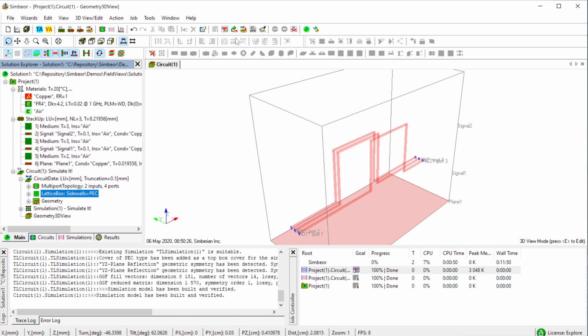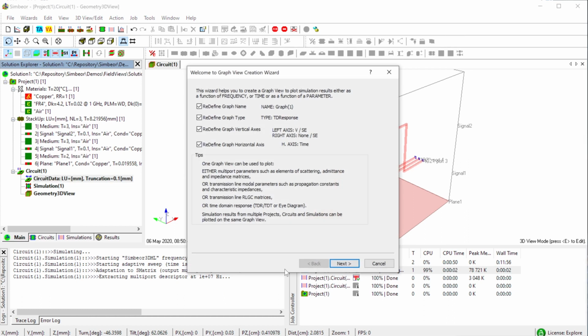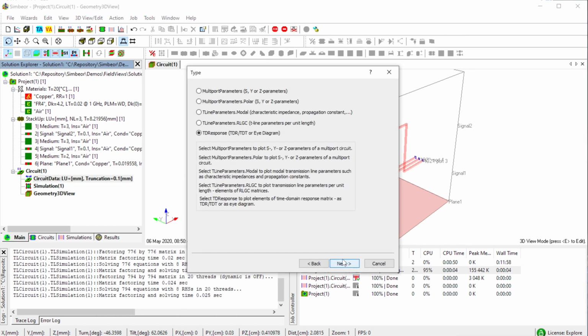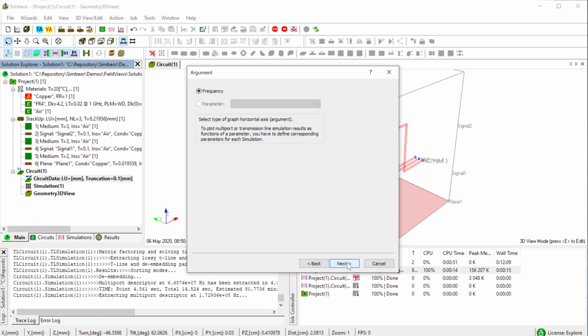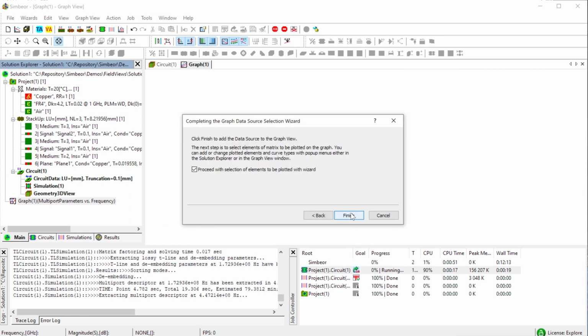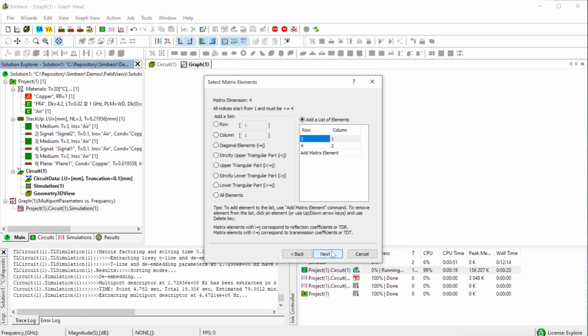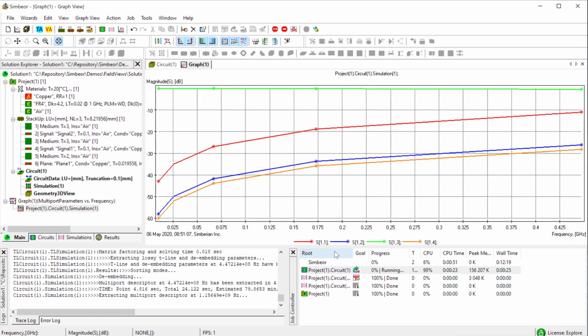And let's run the analysis, fast analysis here, and build the graph. Select this circuit 1, simulation 1, and plot one row.